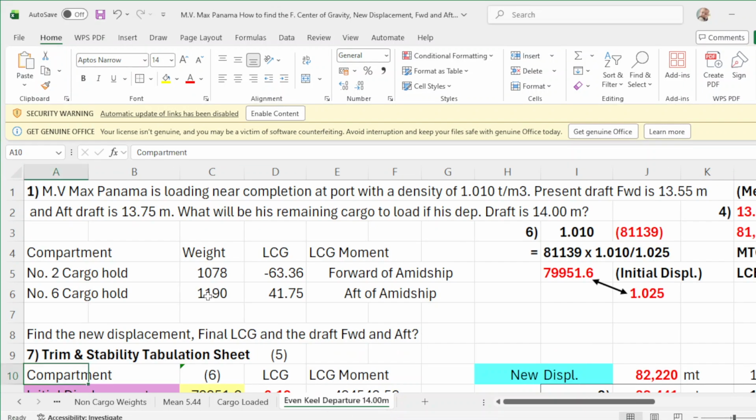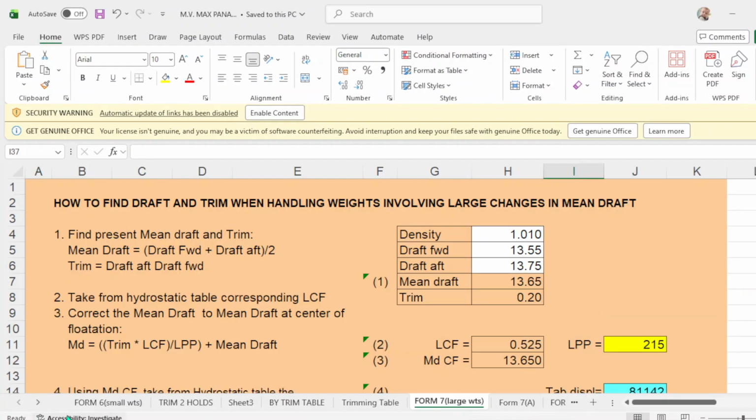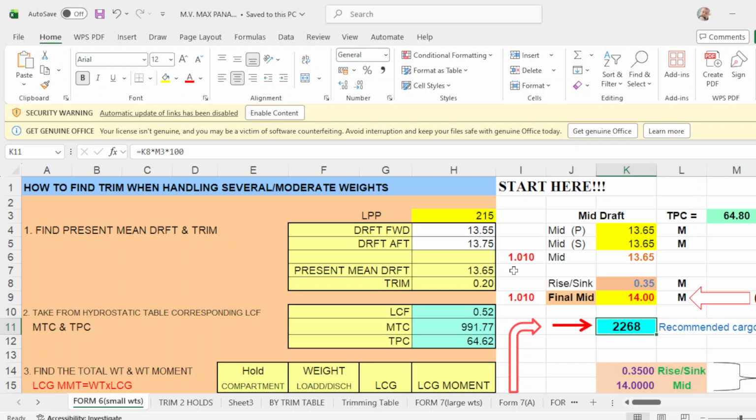Okay, so what does the problem say? Number 1, a Panamax vessel is loading near completion at port with a density of 1.010. So initial density is 1.010 until your final completion.